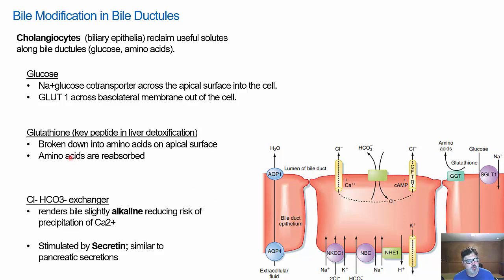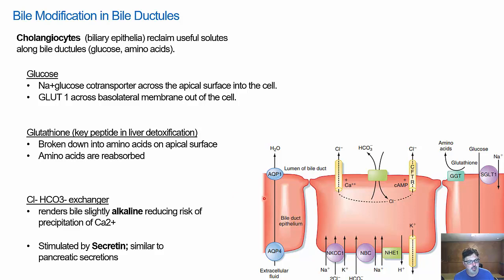Another important component is this tripeptide. It's called glutathione. And like I mentioned, the glutathione is a very important polypeptide in the detoxification step that you will see involved in both endogenous and exogenous substances. And so what we'll see here is that this tripeptide, this glutathione, gets broken down. We have a special GGT enzyme on the surface of the cell here. It gets broken down into these amino acids, and then these amino acids can simply be reabsorbed by these